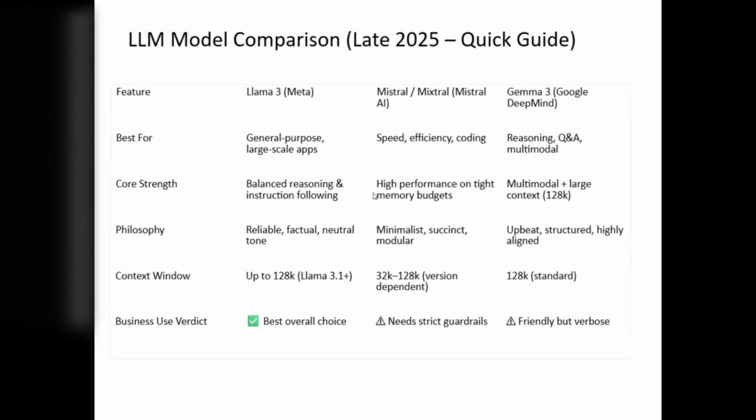Why so? Let's analyze it. Feature wise, Llama 3 is provided by Meta. It's for general purpose and large scale apps. Its core strength is balanced reasoning and instruction following. Philosophy wise, it's reliable, factual, with a neutral tone, and context wise it has up to 128K with Llama 3.1 plus. It's trained well on user data, so it's going to handle any kind of query. Business use wise, it's the best overall choice. So Llama 3 is the best, you can see here, but